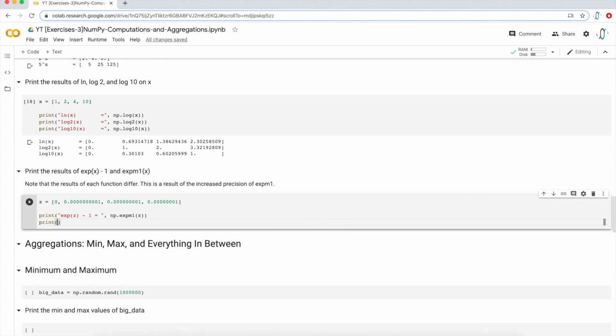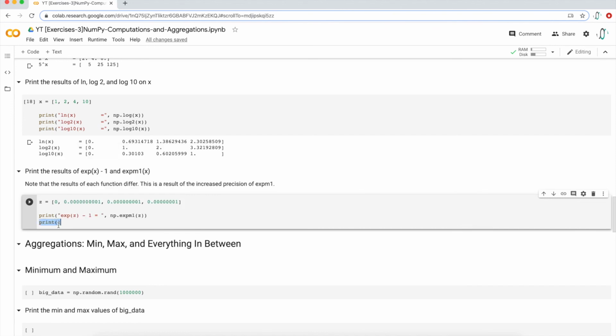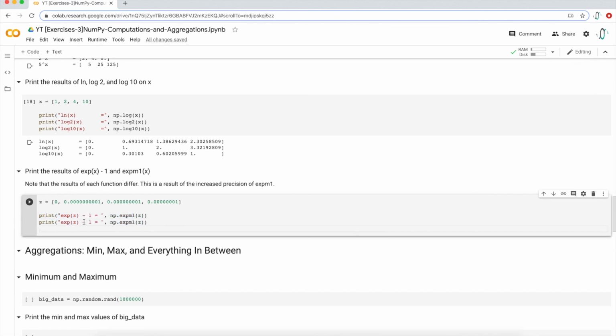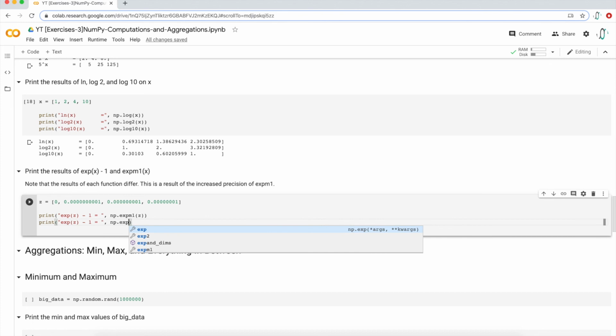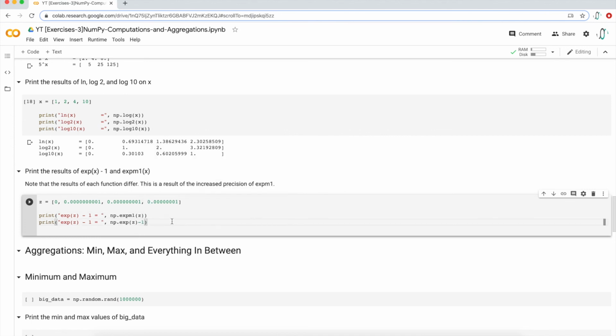And I will try to show that to you as best I can. So let me just copy and paste from above. It's the same thing here, but what we're going to use instead is the actual operation. So it's the exponent function of z, and then we're just going to subtract 1 from it, all right? So if we execute this code block,